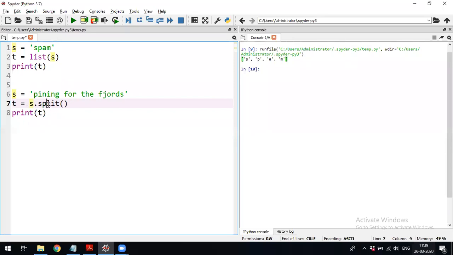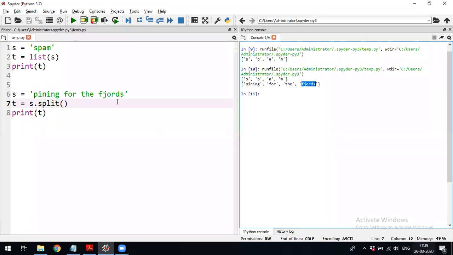The split function automatically returns a list. See now, the list contains 4 words. In the first index, first word, second word, third, and the fourth. Automatically, it has created a list and it has separated each word. And here, the delimiter it has taken automatically is space.